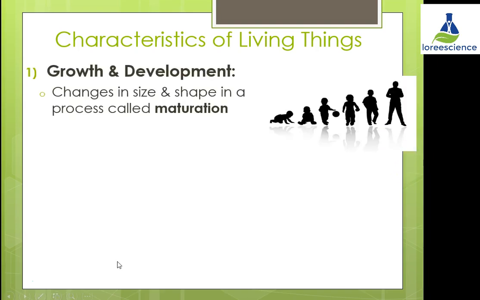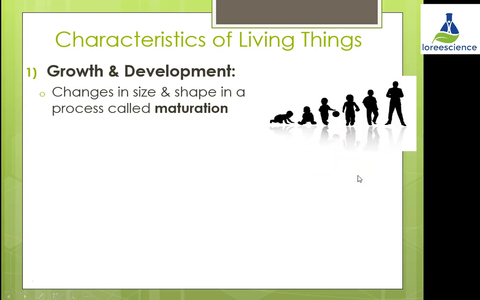The first characteristic is growth and development. This means that a living organism must be able to change in size and shape in a process called maturation. Now, that living thing could be one cell that individually is getting larger or that is changing in shape or size, or it could be multiple cells growing to make more cells to make that living organism larger, such as we see in humans going from babies to toddlers to children and to adults. We don't just stretch the cells out that we have, we make more cells to be able to become a